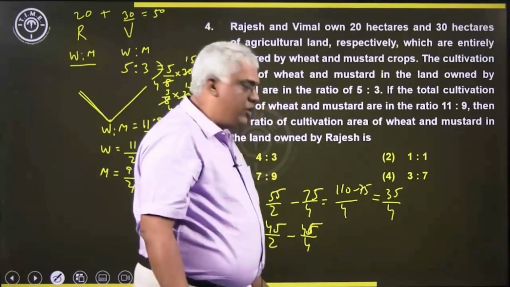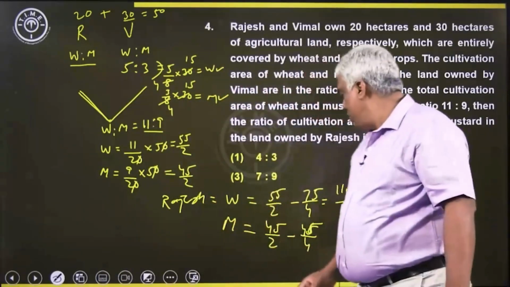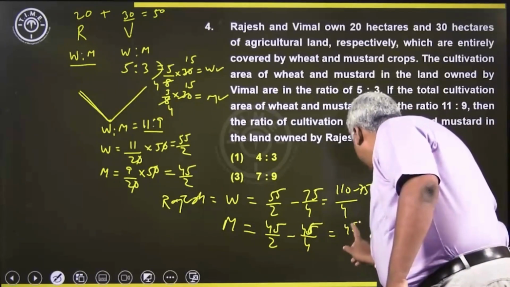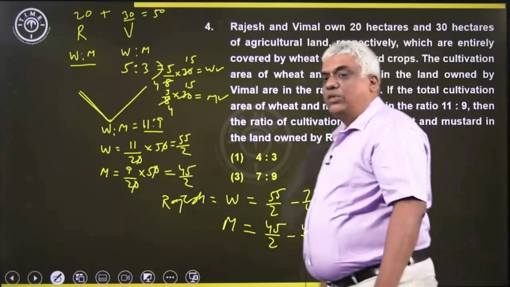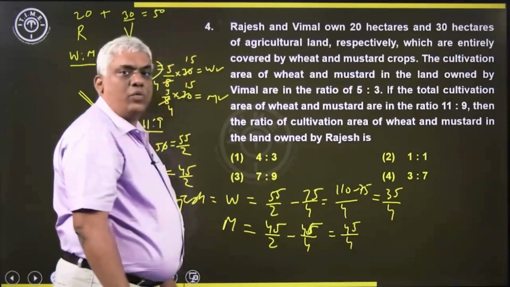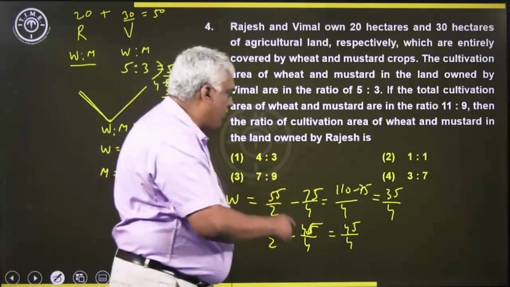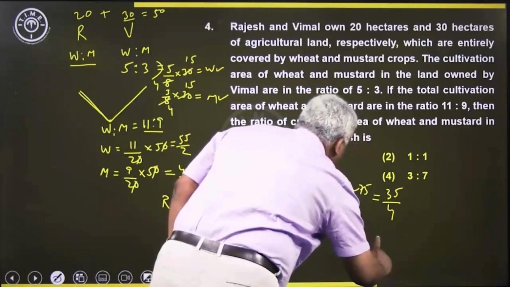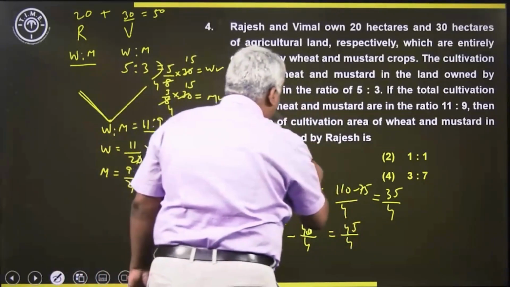Now, 45 by 2 minus 45 by 4 will be 45 by 4, because 45 by 2 is double of 45 by 4. So, now the question is the ratio of the wheat and mustard in the land owned by Rajesh. Which is 35 by 4. So, the answer will be 35 by 4, okay. It will be 35 by 4